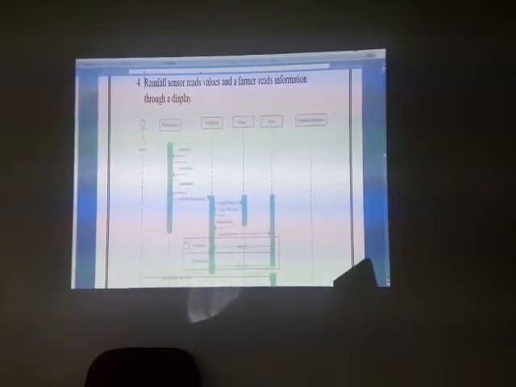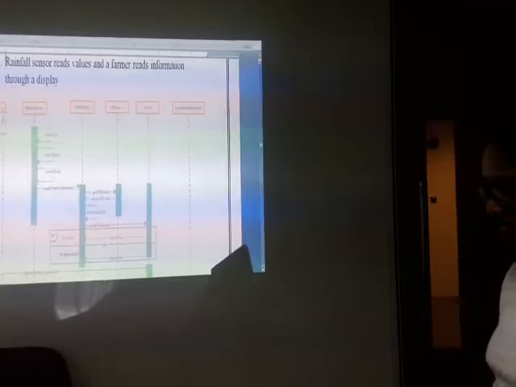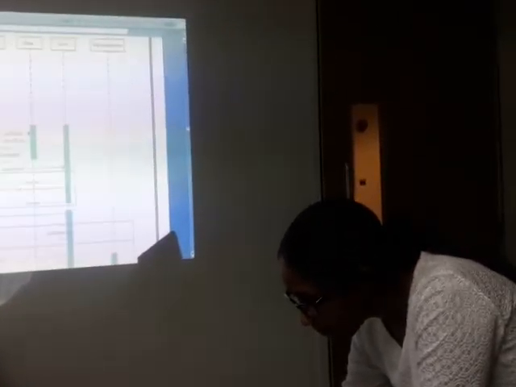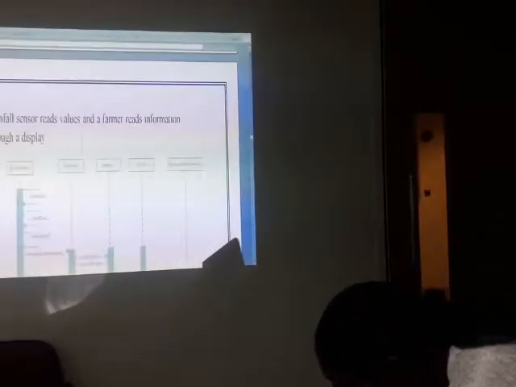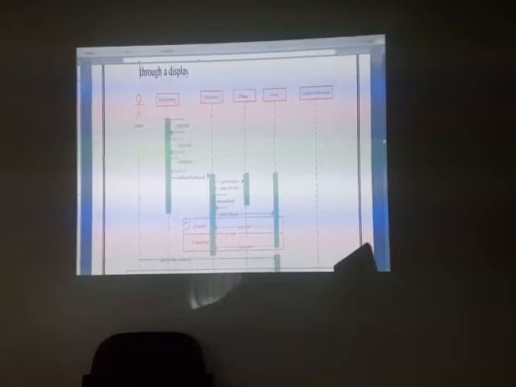Here, the founder is the information to the display, and the information. Zoom. So, just the